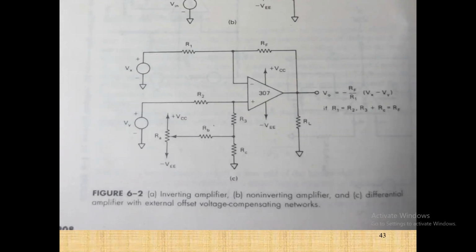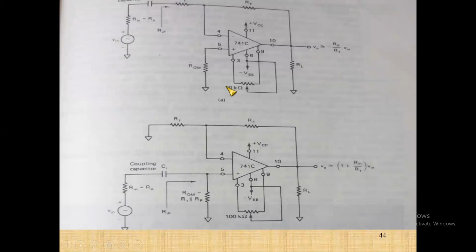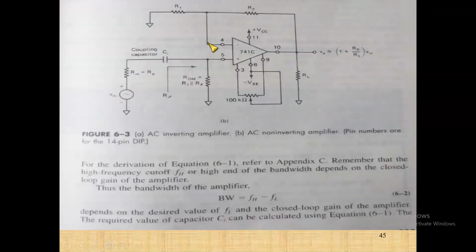All that is shown here. Again, for the difference amplifier, it is shown here. Now, these circuits are for the AC, so you are having a bypass capacitance here. Again, here a bypass capacitance. The rest of the thing remains the same. And again, for the difference or differential amplifier also, we will have the same values. Only the capacitance value will be different here. So you have again the same nulling circuit over here.